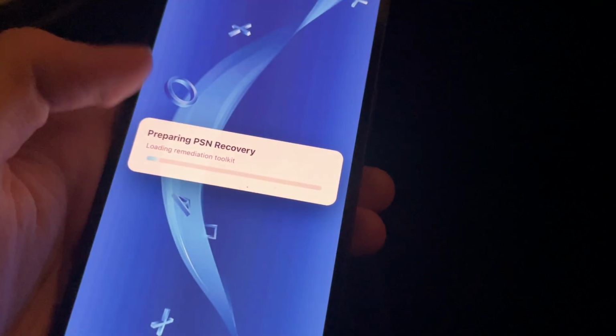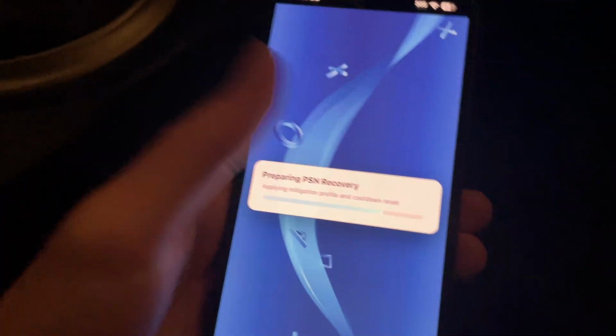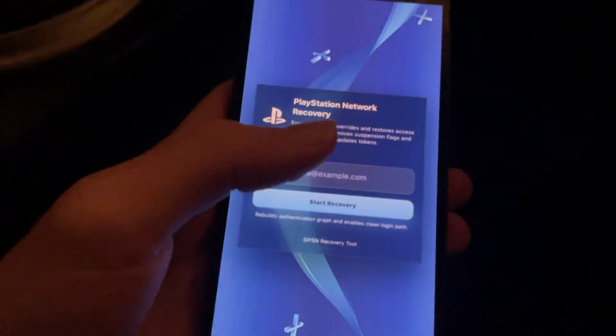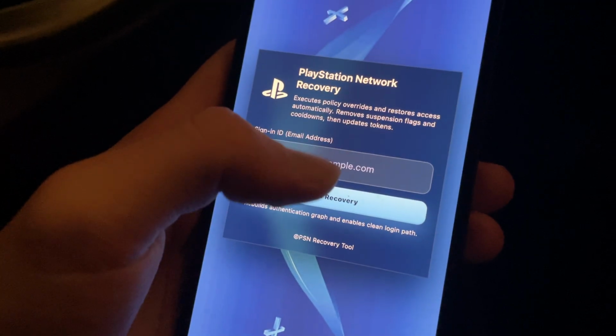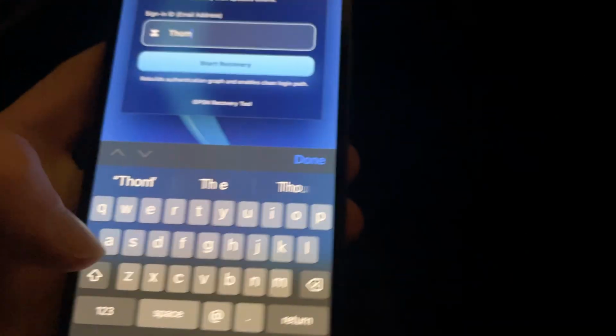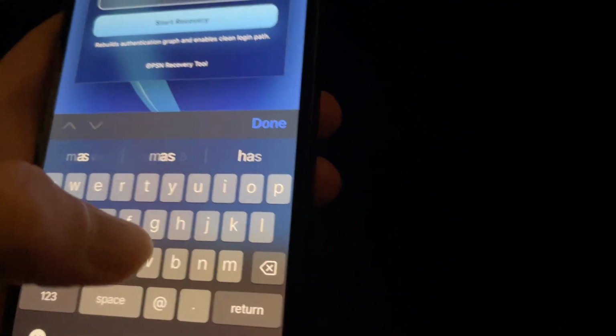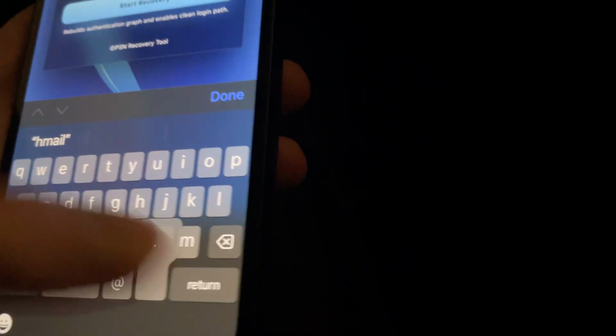So press OK, and as you can see, it literally just recovers your account only in this app, which I'm going to show you how to download today without a computer. So as you can see, it just asked me for my email address. So I'm going to go ahead and put that in. And then we should get verified, and we should be on the way to getting ourselves some nice unverified access